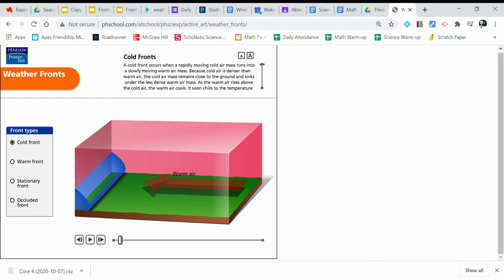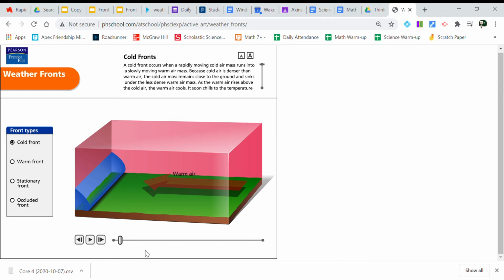Hey guys, I just wanted to do a quick demonstration that shows you how these different air masses coming together create the different types of fronts. This is a pretty cool website and it does a really good job of illustrating this. Unfortunately, not everybody might be able to access it depending on what kind of computer you're using. So I wanted to make a video to show you a demonstration or illustration of